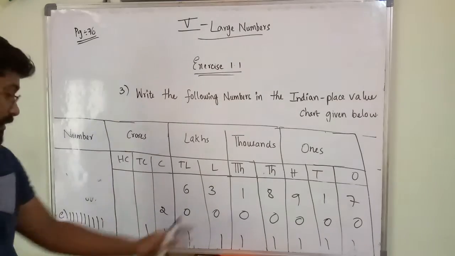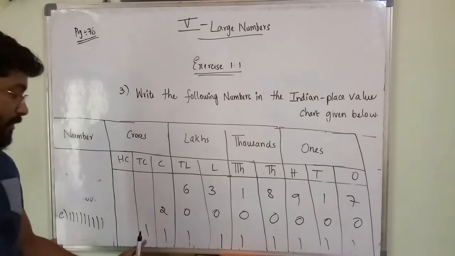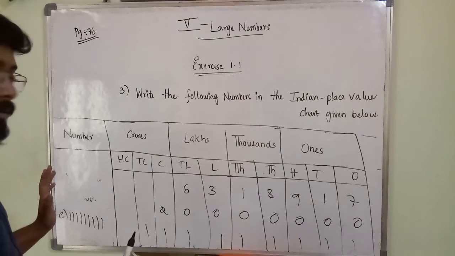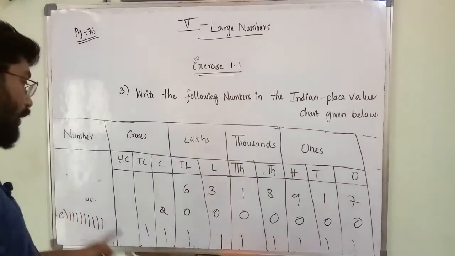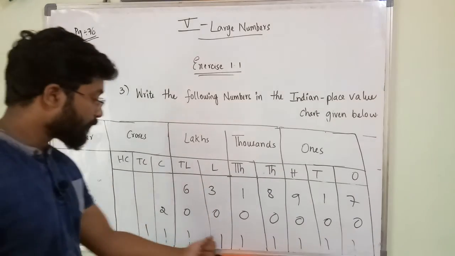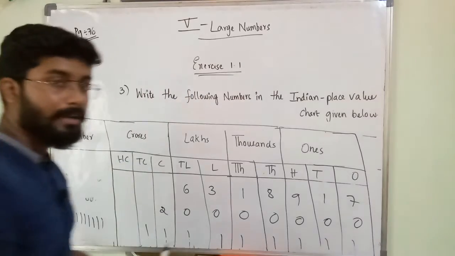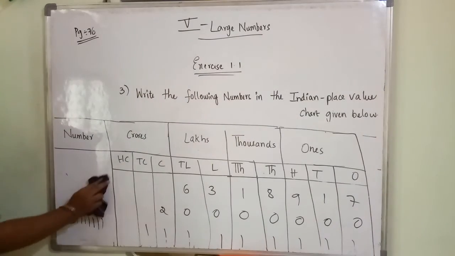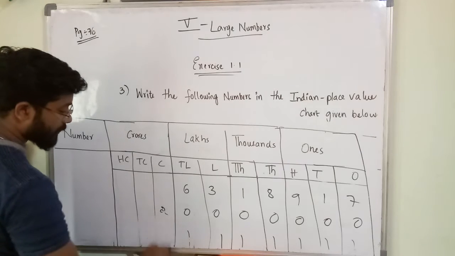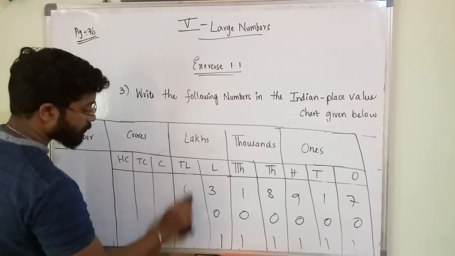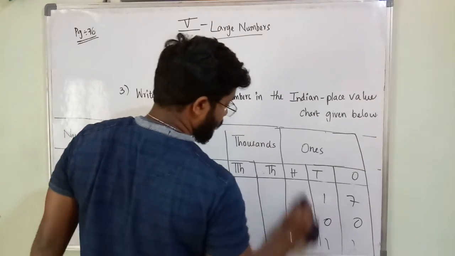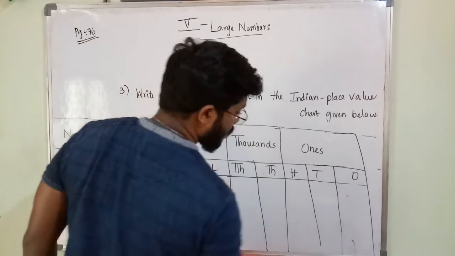This is a 9 digit number now, you have to fill 9 places, 1 2 3 4, starting from where? Starting from left, you have to go to right. From here only you will get 9 places up to ones. 1 2 3 4 5 6 7 8 9, you have to fill like that. Okay, so we have completed up to this number. So next we will write one more.